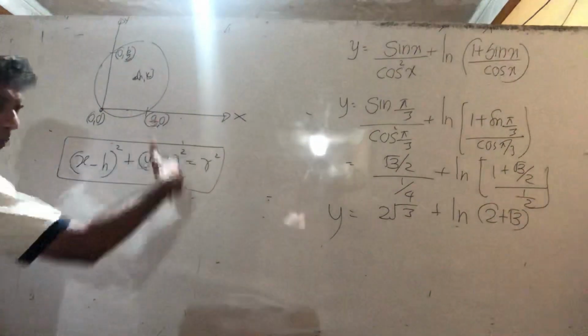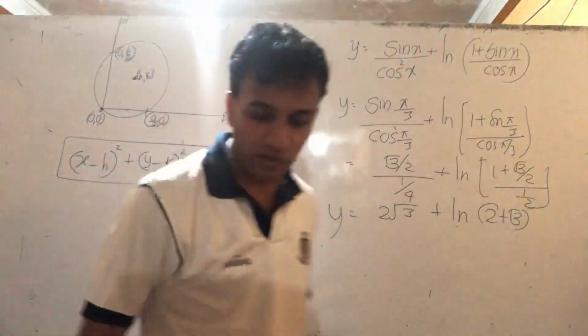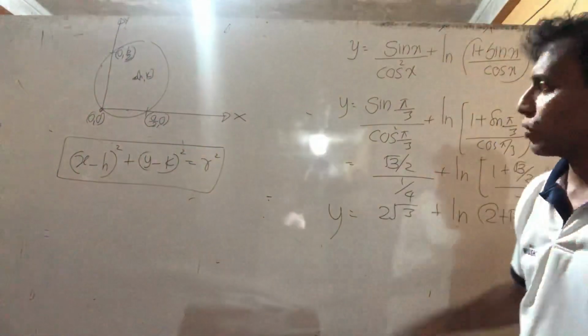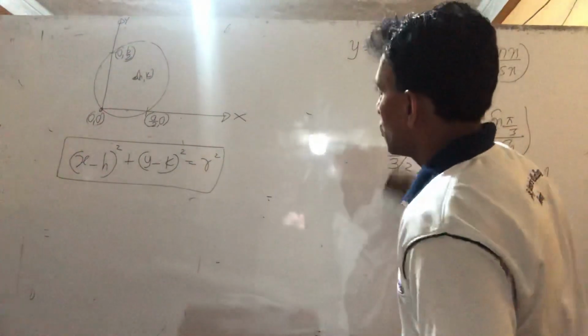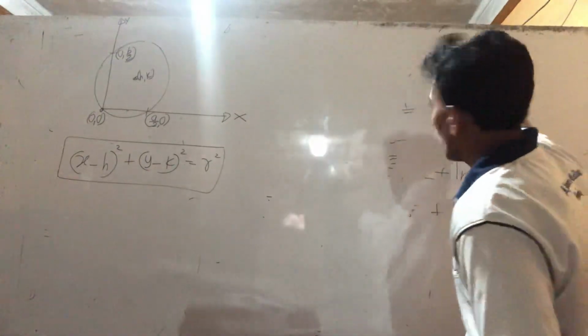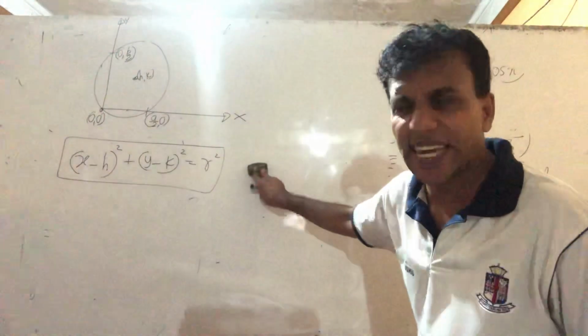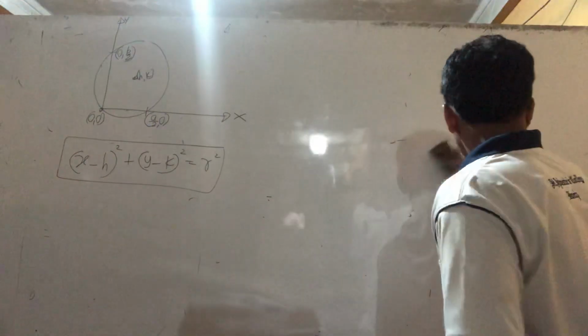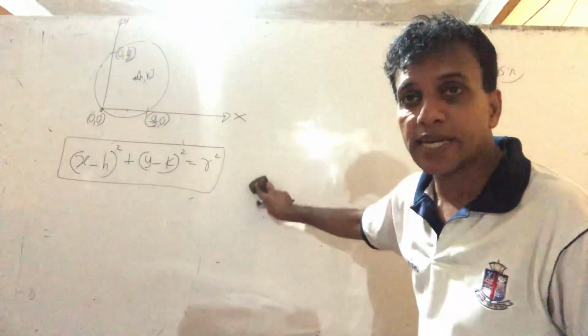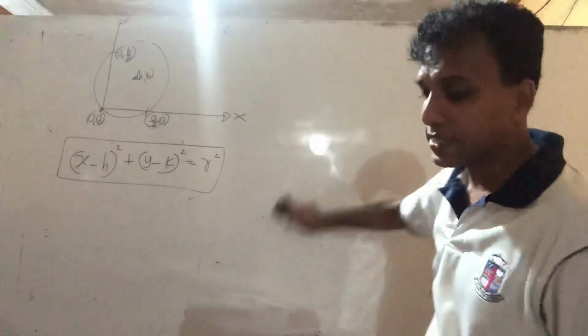If you know this, you can complete this successfully. We have the answer also: 1/4 (a square plus b square). So I want to find the r value. Also I don't know what h and k, the center, are. So by removing h and k, try to complete the radius answer.